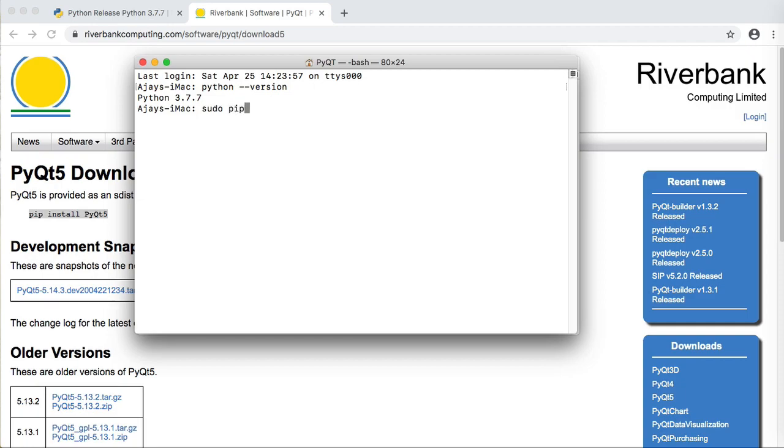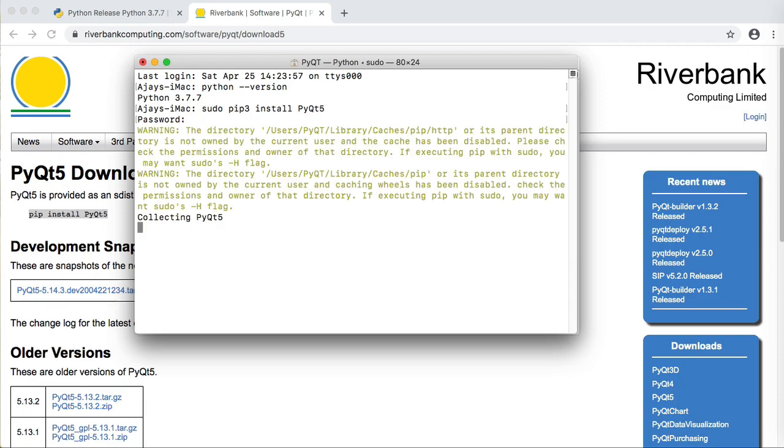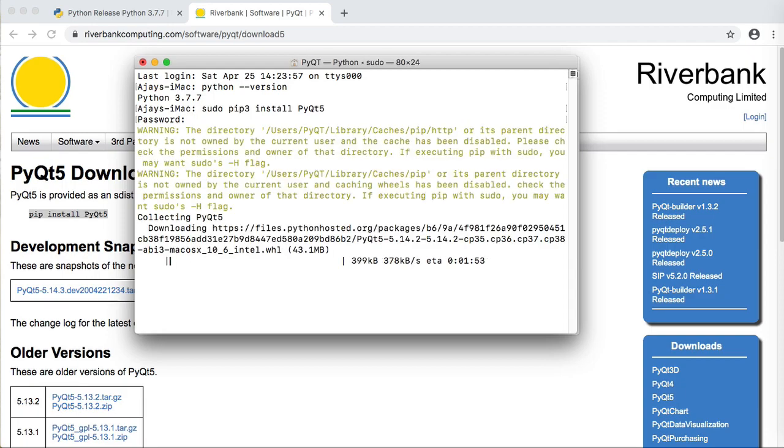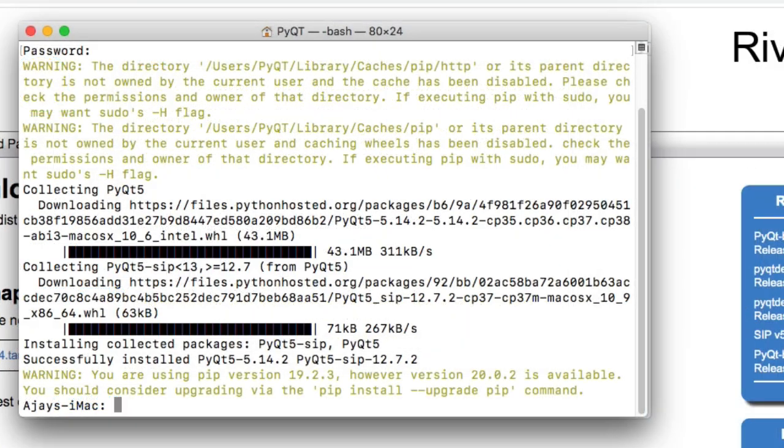So in our case, the command will be sudo space pip3 space install space PyQt5. Now wait until the download is complete. You see PyQt is installed successfully.